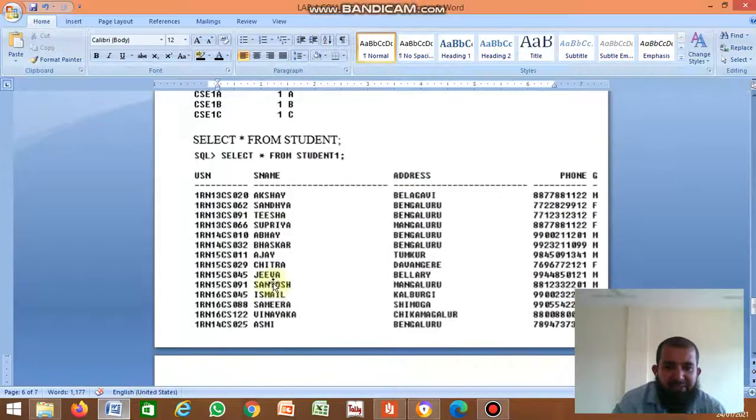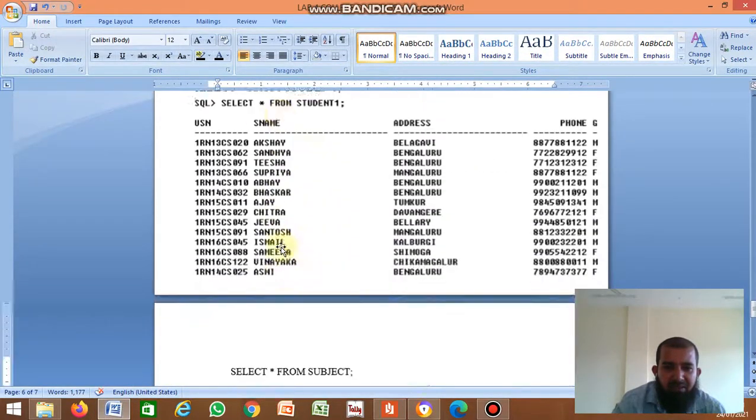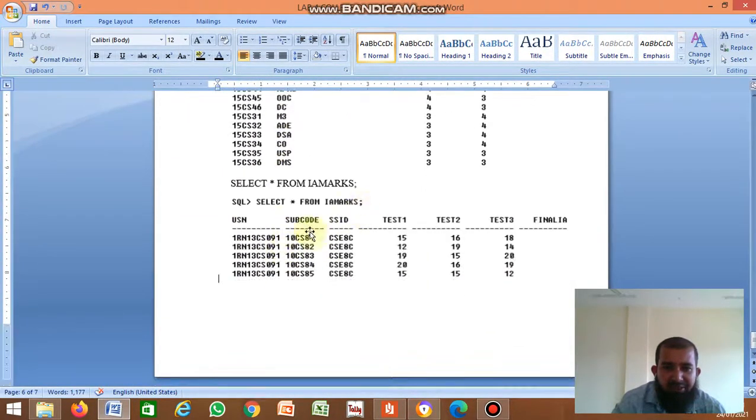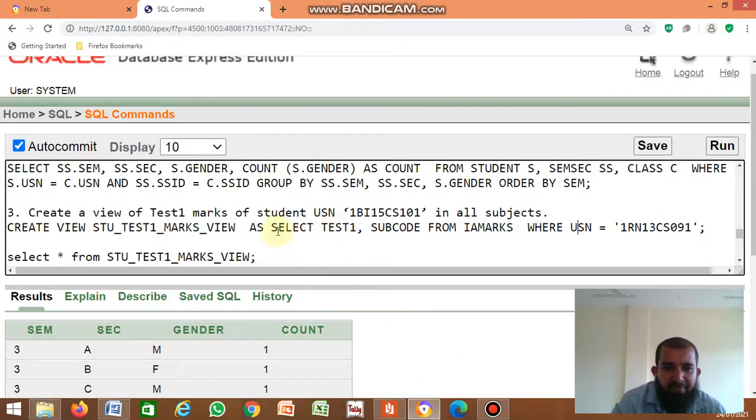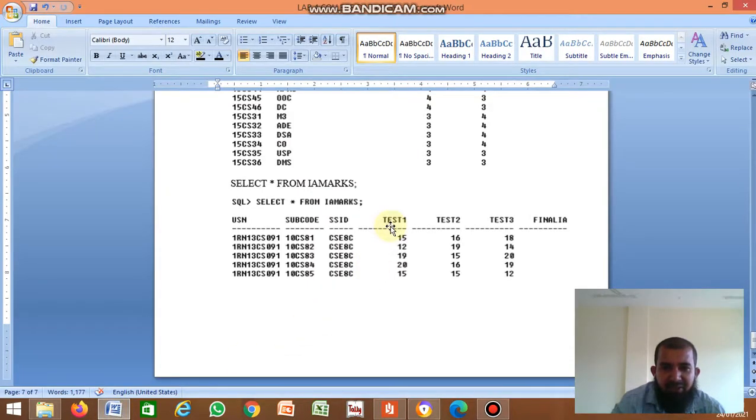From this IAMarks table you have to take only 2 columns, test 1 and subject code, of student 091.